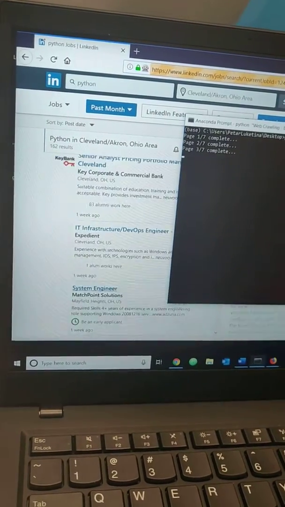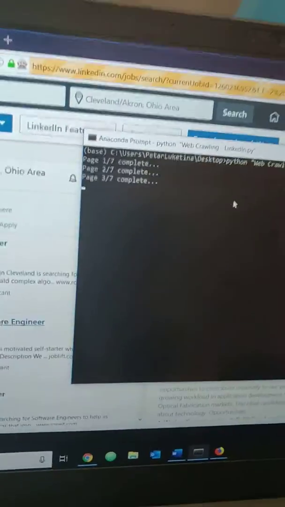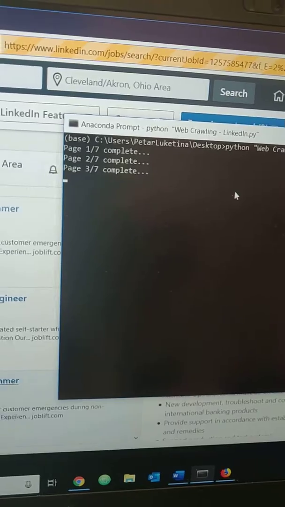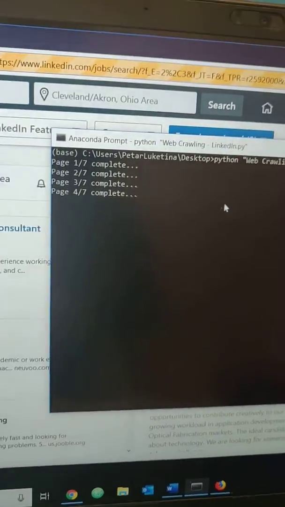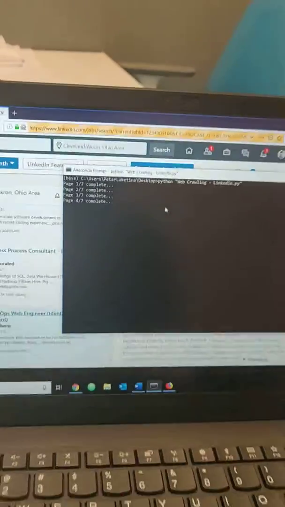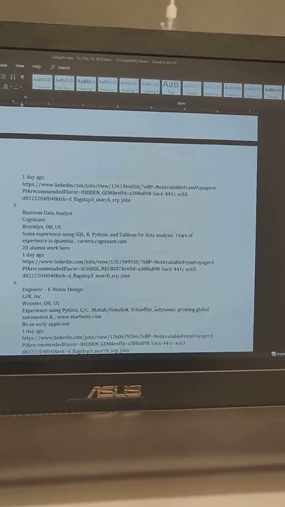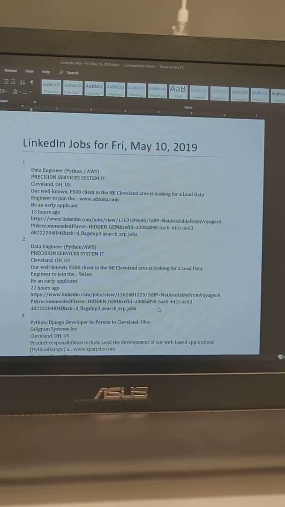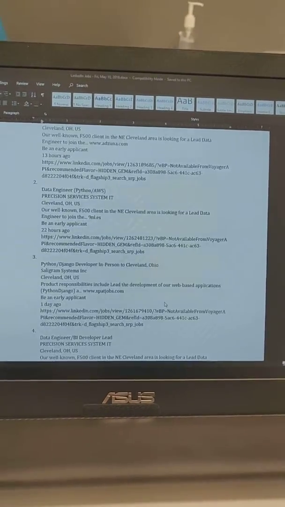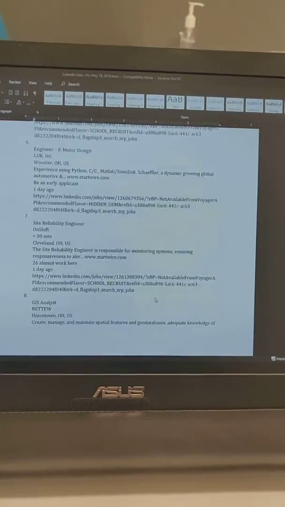So if we look at the terminal, it just has the 1 out of 7, 2 out of 7, 3 out of 7, 4 out of 7, and then when that's all complete, it'll look something like this, and we have all of the locations that we want and none of the locations that we don't need. So this is a lot better